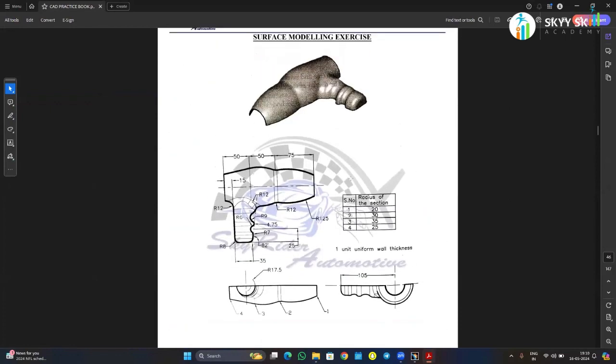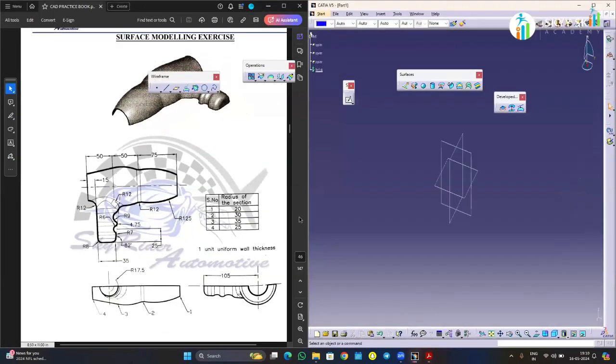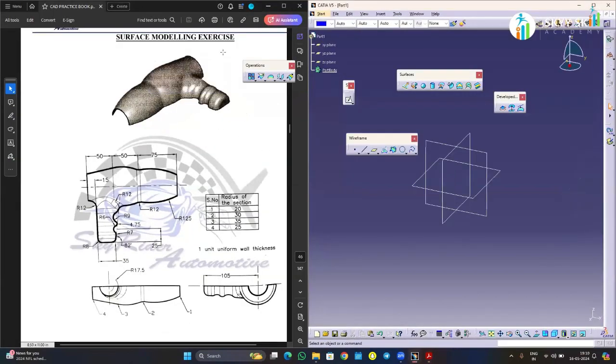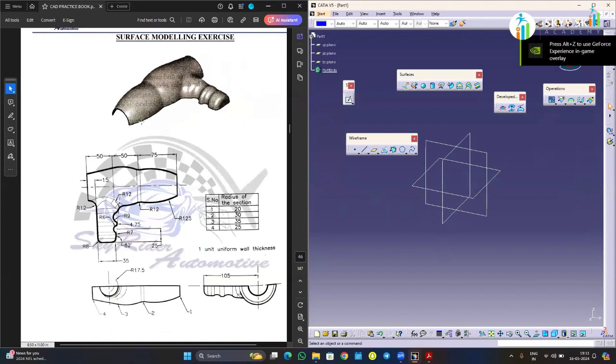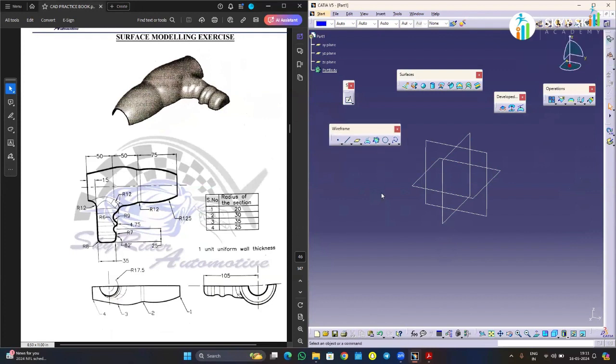So this is a hair dryer. Let's see how we can design this using any plastic model. This is basically a plastic model. Any plastic models, where we start designing, we need to design in surface only, because such complex models cannot be done in part modeling. That's why we use surface modeling, where we can create 3D models and design. So for that,